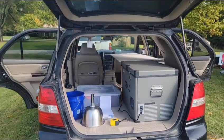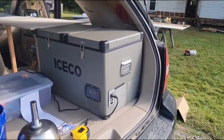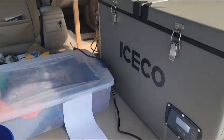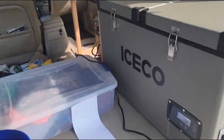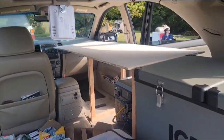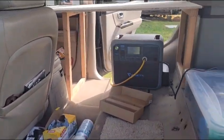Alrighty guys, so we have the Iceco fridge in place where it's going to live. We have my makeshift kitchen sink starting to get ready there. We're working on the bed platform right there, or basically Hickory is. And around here we've got our